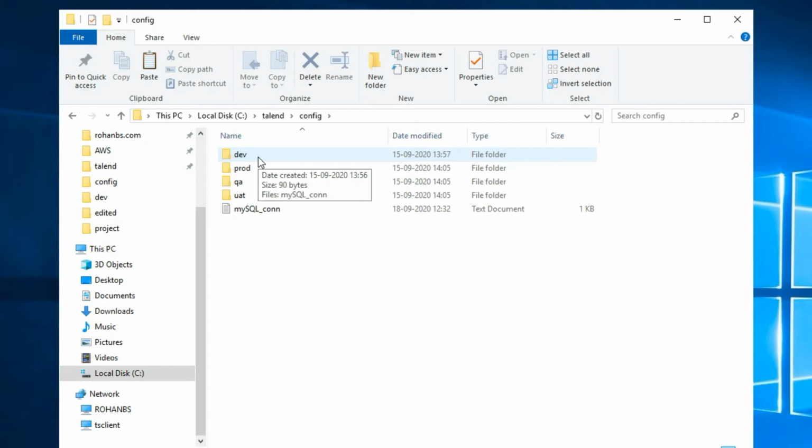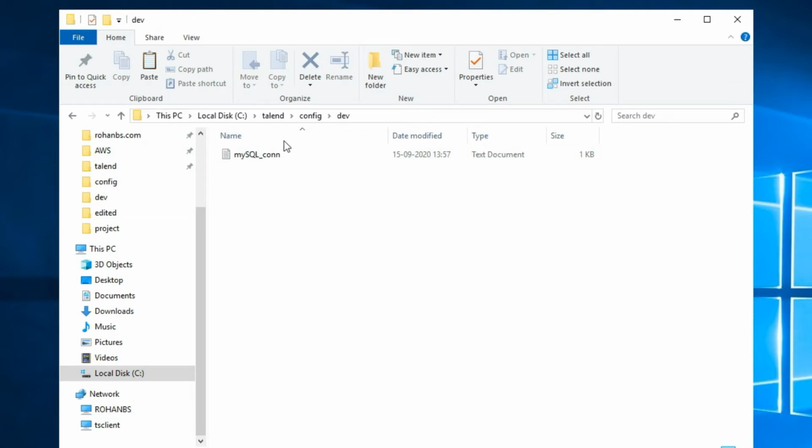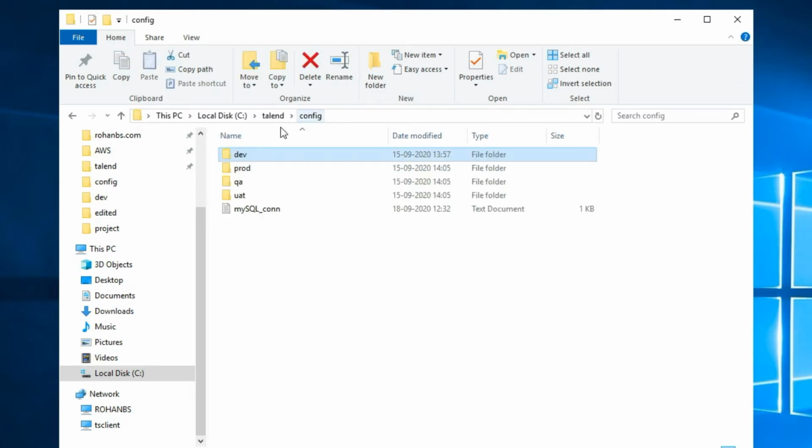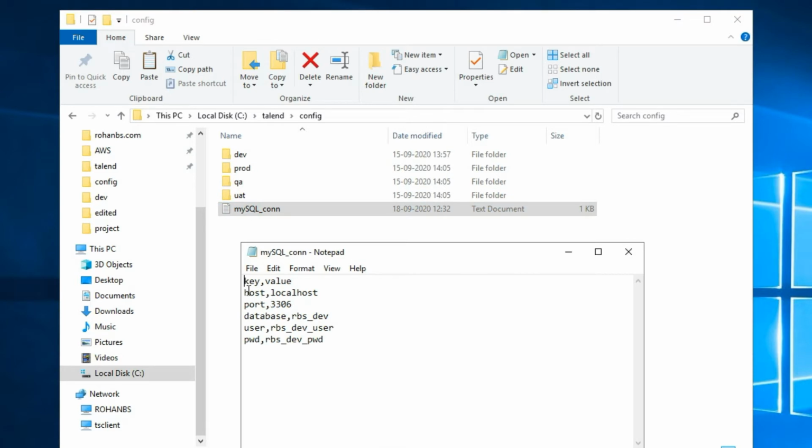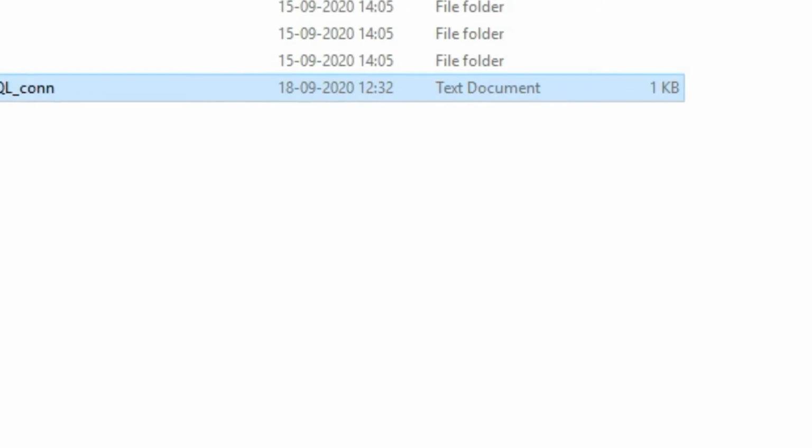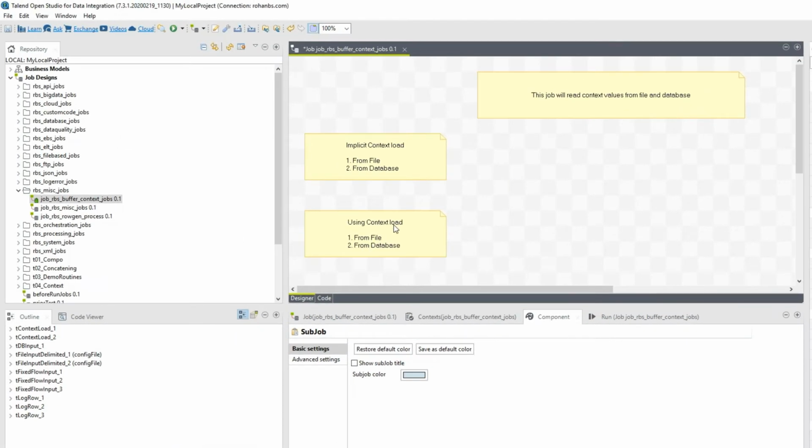that are related to different environments. So you can have variables that are very much specific to dev. Those values will be captured here, and if not QA, prod, you can arrange it as needed. So for this implicit context, since it's going to be project level, you will be making use of this property file, and these are the contents. Basically what I am saving is the host, port, database, and user credentials in a file, and we will use this file in our Talend job. Alright, let's move on to our Talend.